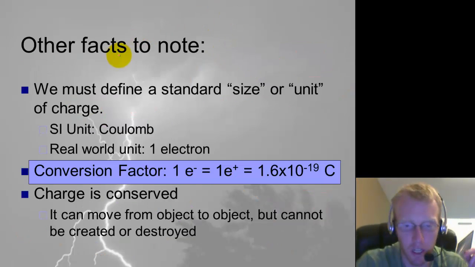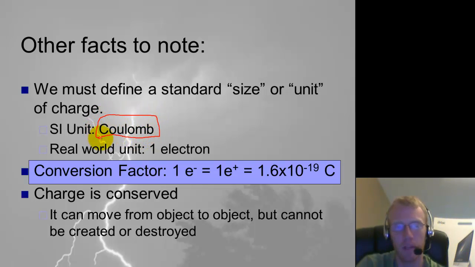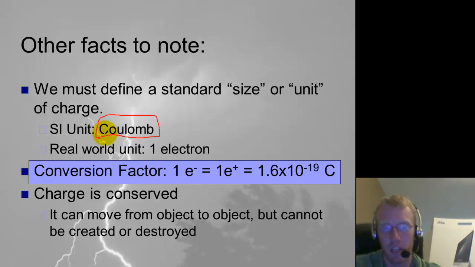Okay, some more important information to kind of build our understanding for this unit on charge and electricity. We have to have a standard size or unit. So the SI unit that we're going to use for charge, an amount of charge, is the coulomb. That's named after a scientist, Mr. Coulomb. And that is actually a pretty big amount of charge. And so in the real world, what are the increments of charge that we have? And it turns out that in the real world, the smallest unit of charge that's easily obtained is 1 electron. So that's called the